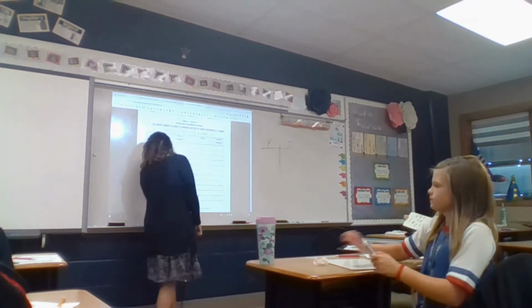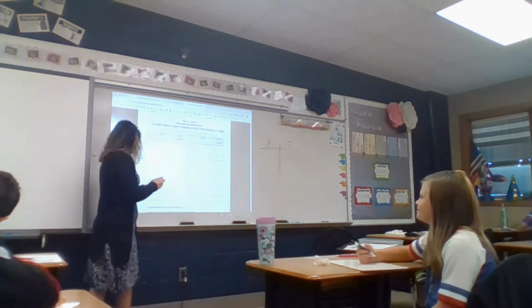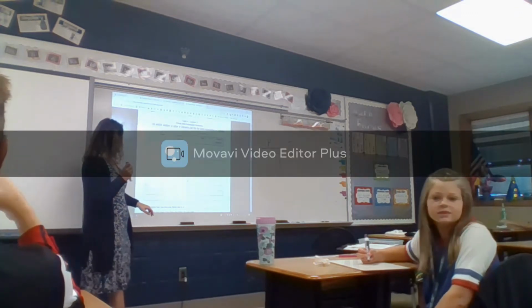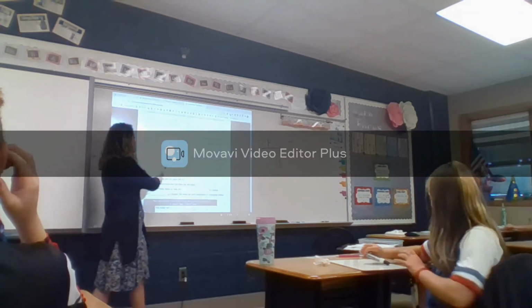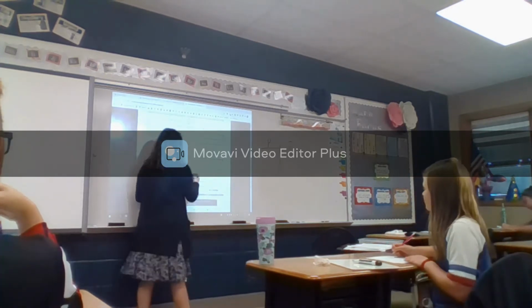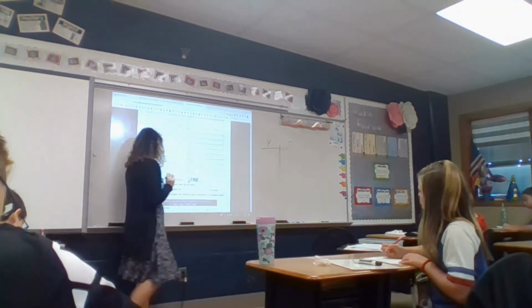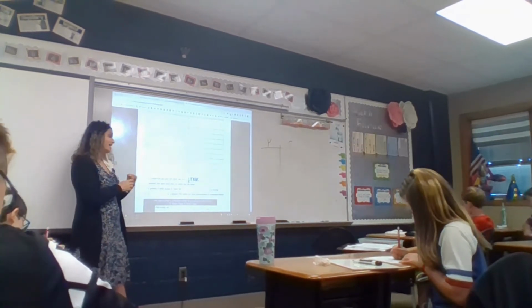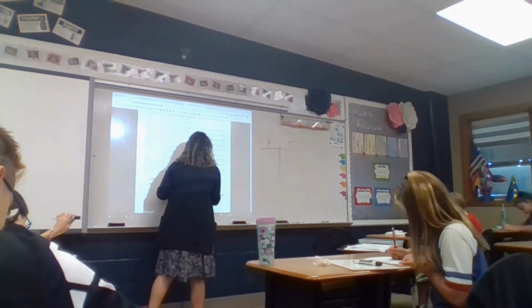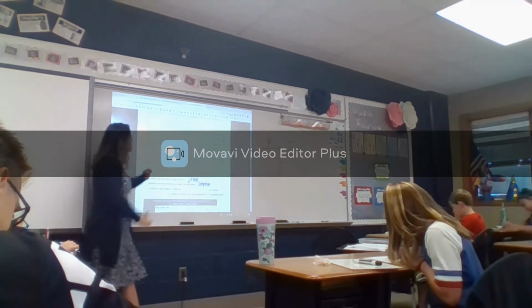Good. All right, so what I'm seeing around the board is that, can you scroll down a little bit, Mrs. Bailey? Okay, a number that has only one factor pair is a what? Prime. And numbers that have more than one factor pair are what? Composite. Very good. So, with this chart up here,